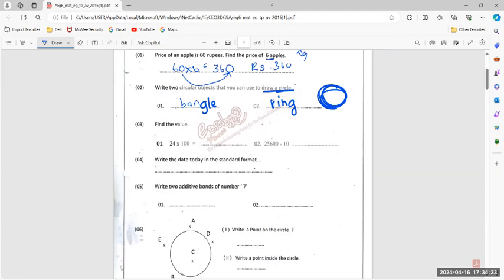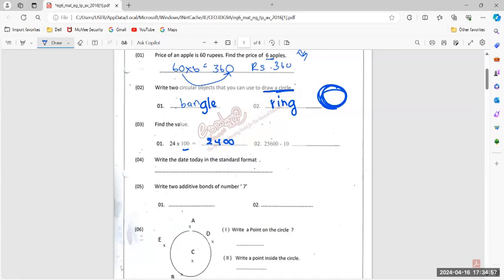Next one, find the value 24 multiplied by 100. It is very easy to multiply by numbers which have 1 zero, 2 zeros, 3 zeros, because what you have to do is add these zeros at the end. So 24 double 0 is the answer. Next one is